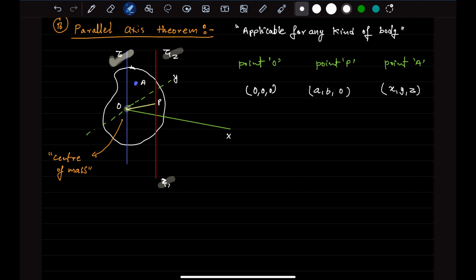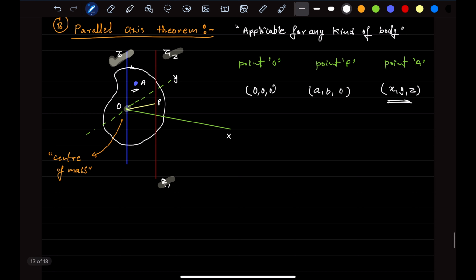So first let's find the expression for the moment of inertia about the z-axis which is passing through the center of mass. Okay, and for that, what will we do? It is a continuous body, right? And as you know, for a continuous body you first need to take an elemental mass. So I have taken an elemental mass at the point A. The coordinates of the point A are x, y, z. Okay, and if I write down the dI about the center of mass, that is